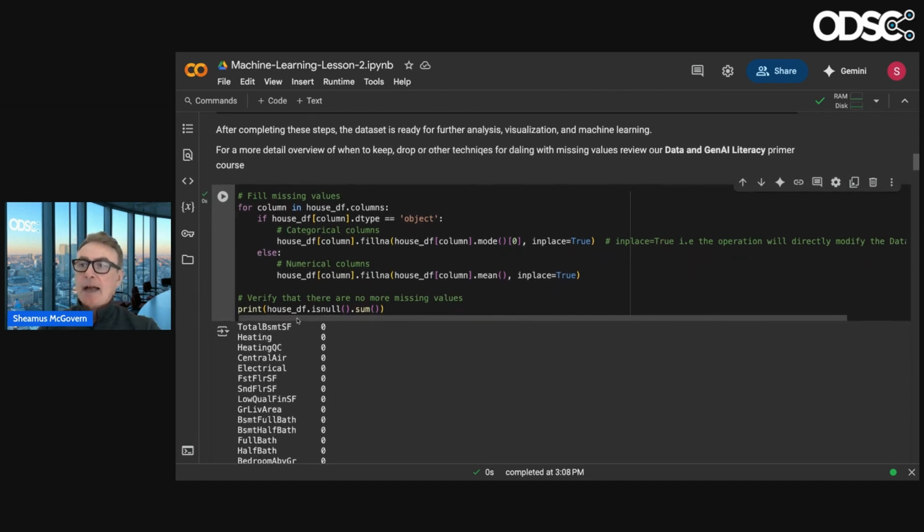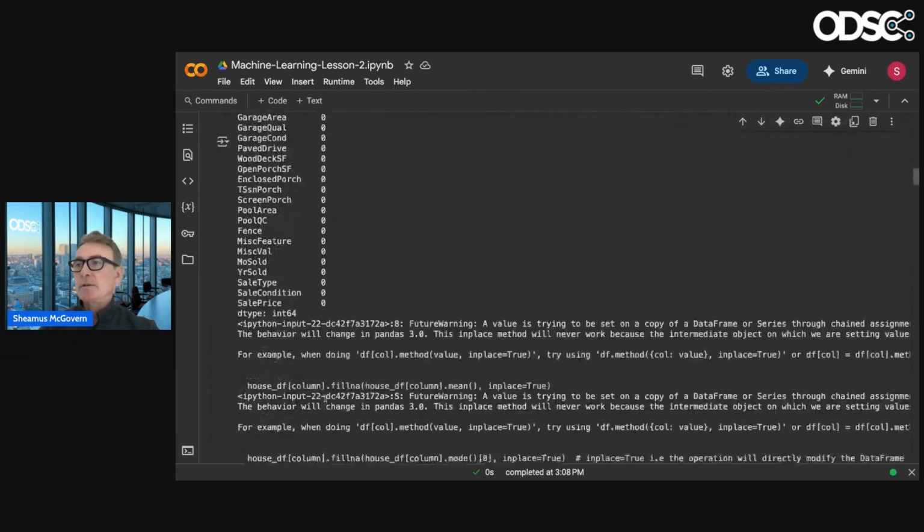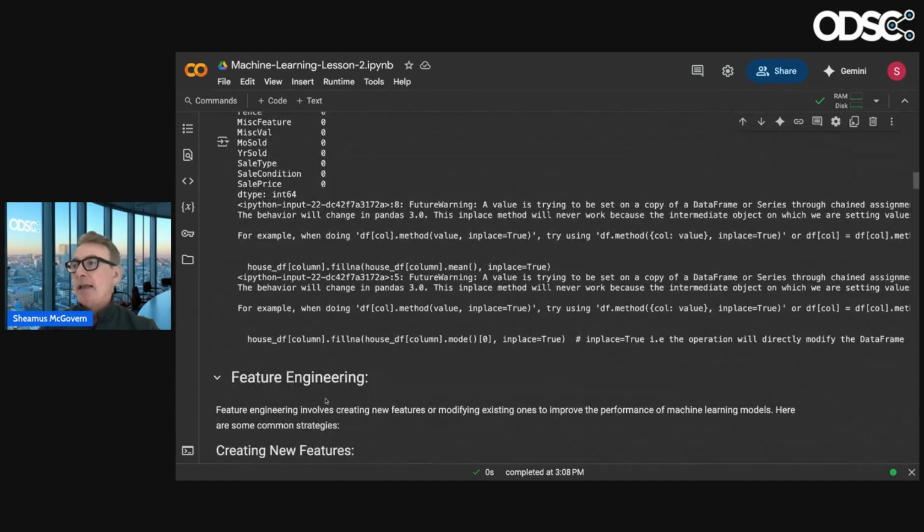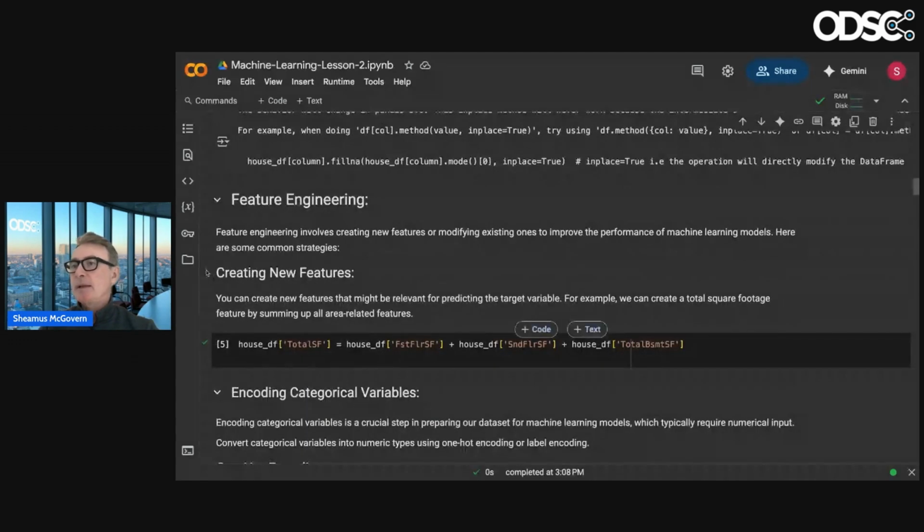And then I quickly check. The great thing about a data frame is you can take one function and apply it, remember a data frame is a kind of grid, a matrix, to every single cell and variable in that matrix. Are there any nulls? And it's saying no nulls, right? So we've gotten rid of our missing values, albeit in a very, very crude way.